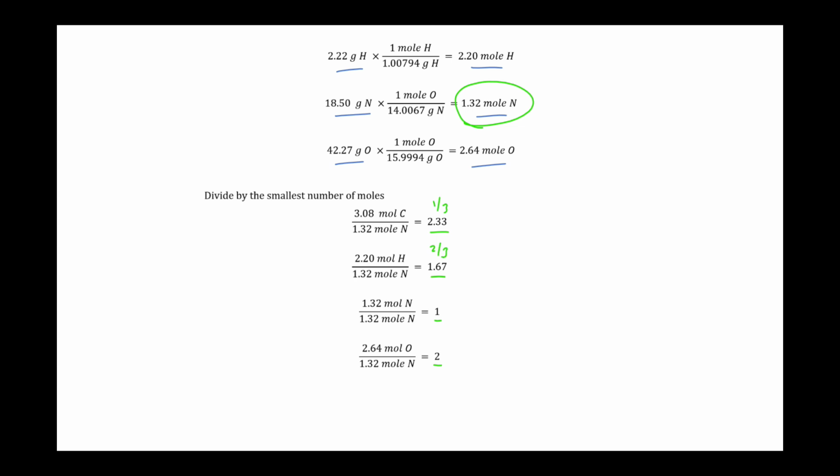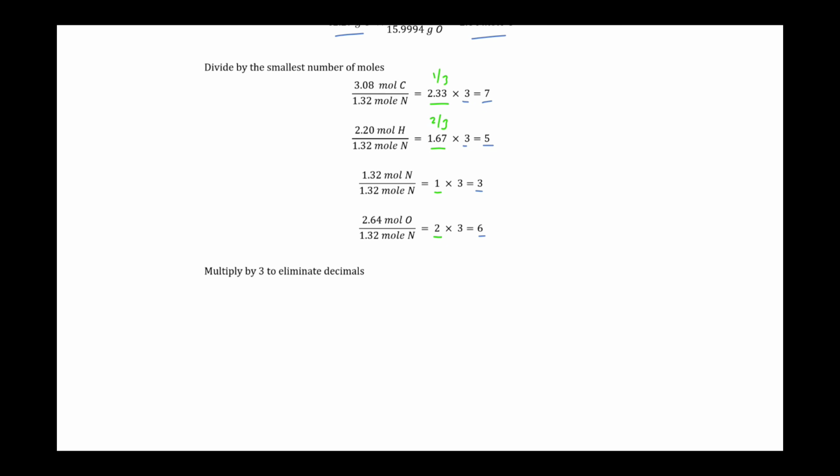So I need to get rid of that 3 in the denominator, which means I need to multiply all of my numbers by 3. So if I take my 2.33 for carbon and multiply by 3, I get 7, so I get a whole number. I do the same thing for hydrogen. I multiply by 3 and I'm going to get a 5. Now obviously my nitrogen and my oxygen are very easy because it's simply 1 times 3 is 3 and 2 times 3 is 6. So now I have all of my elements in whole numbers, which gives me an empirical formula of